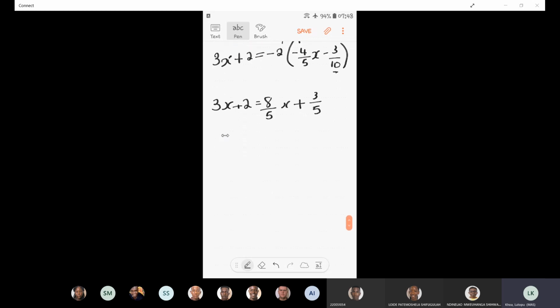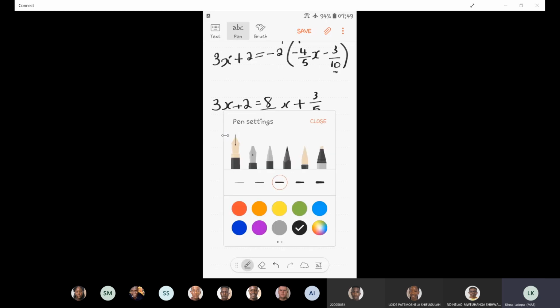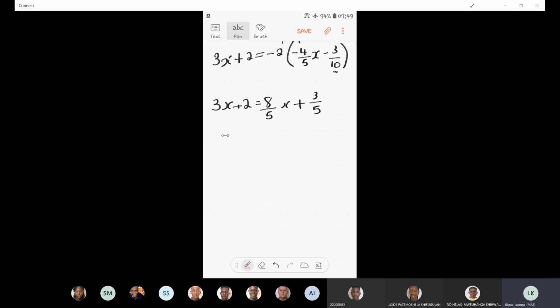Then we've worked with equations like this before. We said that we do not like to have fractions, so as much as possible, we try and get rid of the denominators. Here the denominators are the same, so I just multiply throughout by the denominator. So I multiply every single term by 5. And remember what makes a term: terms are separated by plus or minus. So I'm not going to multiply the 8 over 5 with 5 and then the x also by 5, because they are one term. Okay, and then when I do that, what I get is